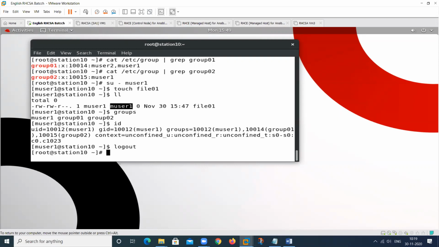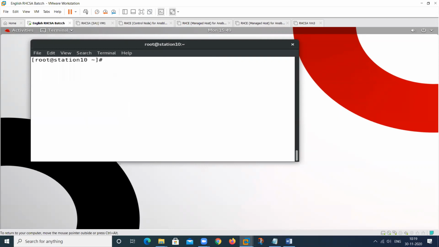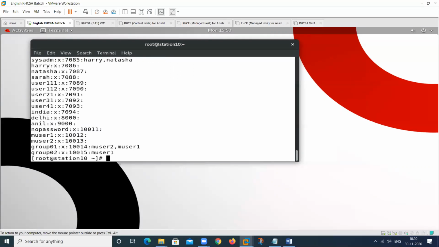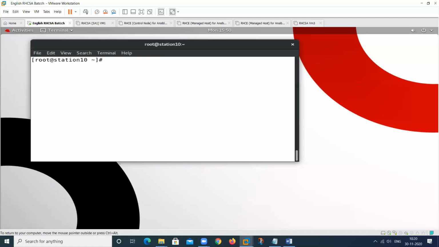So I will show you how to change the primary group. This is your primary group. Then I will show you this command and -g for the primary group.